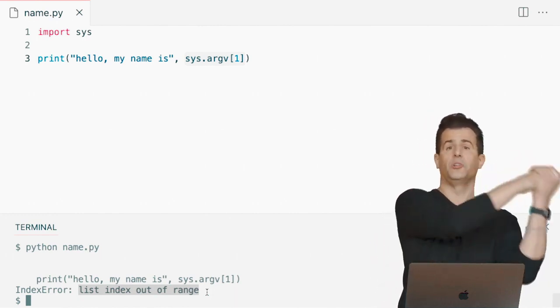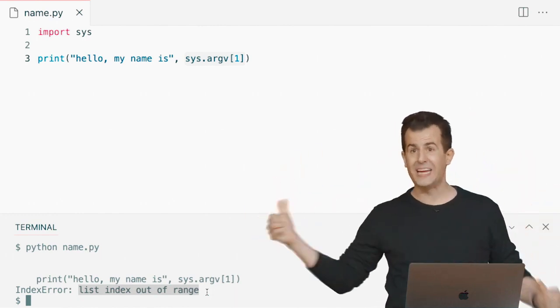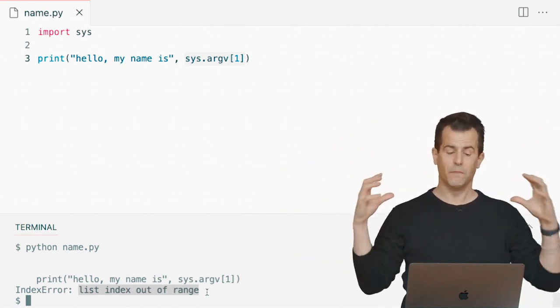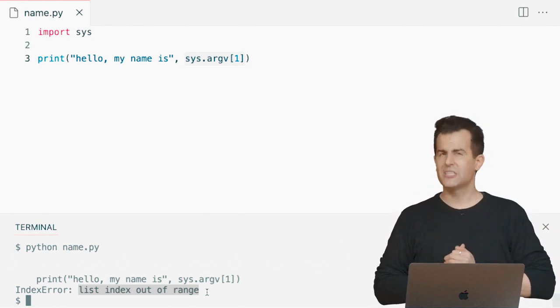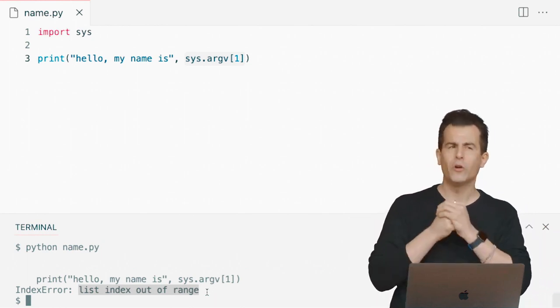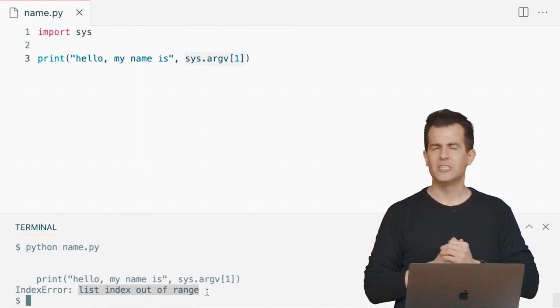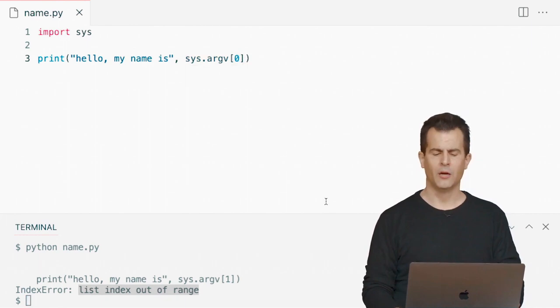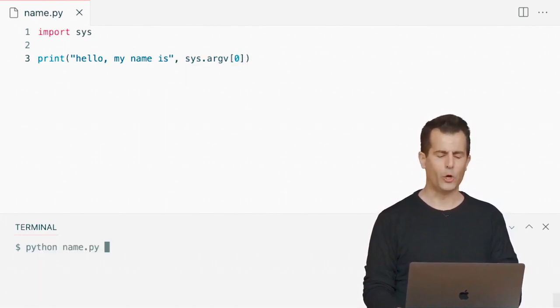You try to go too far to the left, or you try to go too far to the right in this object that is just a list of some values. So of course, the mistake here is that I'm assuming there's going to be something at location 1 when really it's location 0 that's the only one that has a value. But fixing this is not going to amount to doing bracket 0, because now if I go ahead and rerun